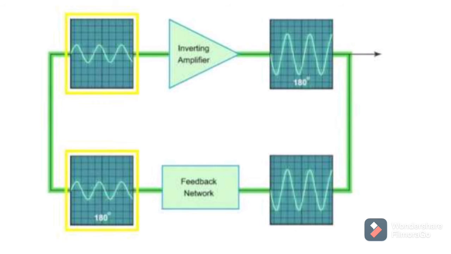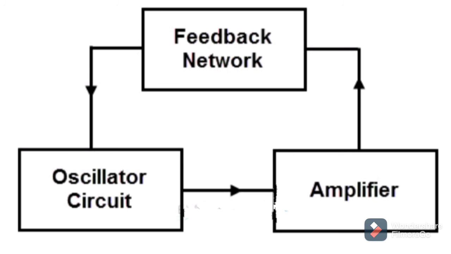In other words, this indicates that if the feedback loop gain is small, then the oscillation dies out, while if the gain of the feedback loop is large, then the output will be distorted, and only if the gain of the feedback is unity will the oscillation be of constant amplitude, leading to a self-sustained oscillation circuit.